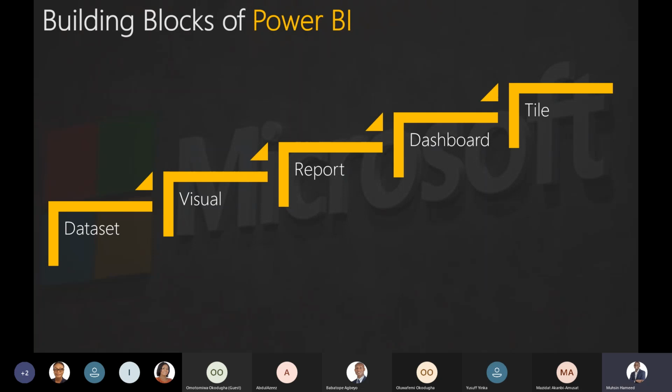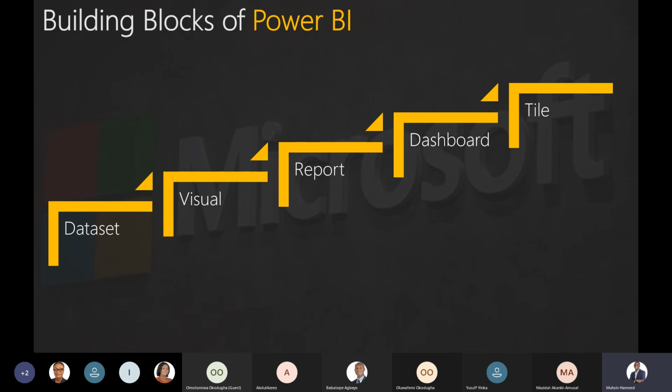Then when you now have a collection of visuals, what you have now is a report. A visual is one, which is coming from your data set. When you now have a collection of visuals, like 2, 3, 4, 5 visuals on a page of Power BI, then that becomes a report page.